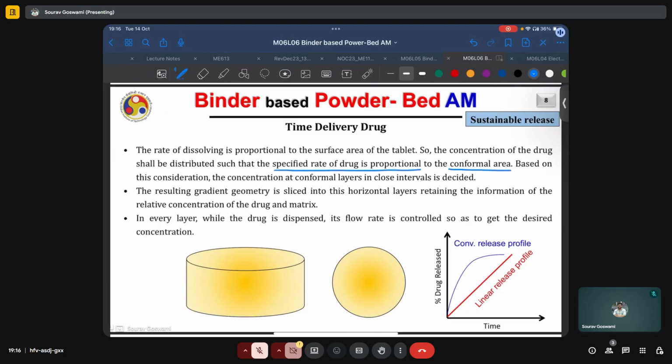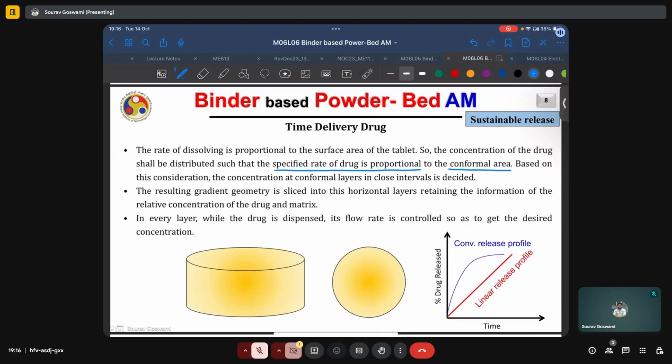Based on this consideration, the concentration at conformal layers in close intervals is decided. So rather than having a uniform concentration of the drug molecule across the entire volume of the tablet, we can have a calculated variation in this concentration because we know that the drug will dissolve proportionally to the